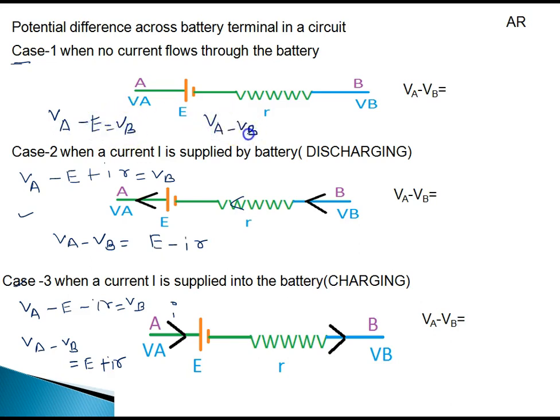VA minus VB equal to E. Again I want to tell you, in the branch in which no current is flowing, please don't assume that any current I is flowing in the branch. Of course, in a numerical, if the branch is given in a closed circuit like this, then you have to say current is flowing. But if it is not in a closed circuit and there is no current direction of flow, then please don't add by yourself that some current is flowing in it. Is it clear? So all of you check it.